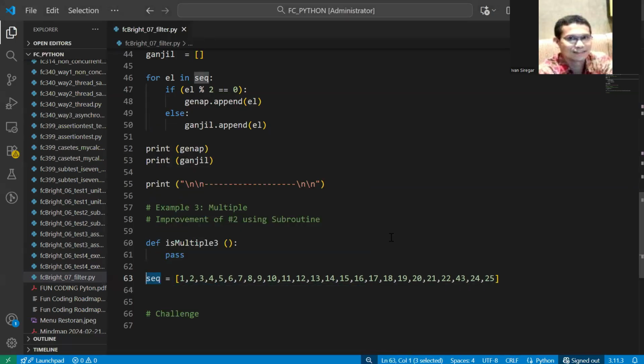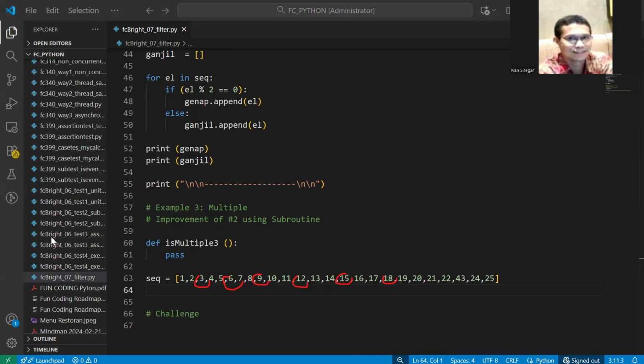I change with the sequence. The thing is, we want to check whether each of these is a multiple of 3. So the values that will be captured are 3, 6, 9, 12, 15, and so on.